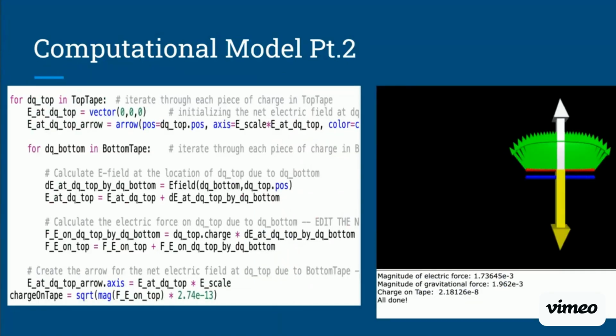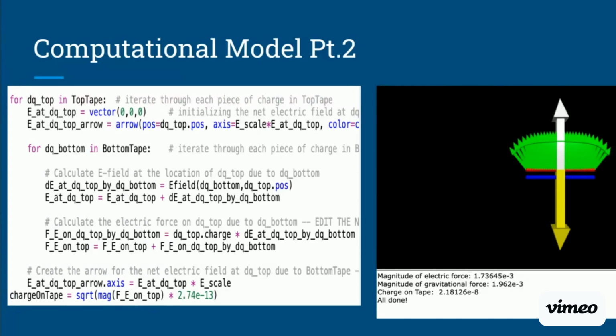Then we have for loops go through every point particle that the tape was split into and find the specific electric force on the top tape. This is done many times for each point particle that is on the tape, which is 30 in my case, and the forces of each point are graphed and added up in order to give us the total electric force of the top tape. Then when the total electric force of the top tape is calculated, we can solve for the charge of the tape, which is 2.18 times 10 to the negative 8, as seen from the code results